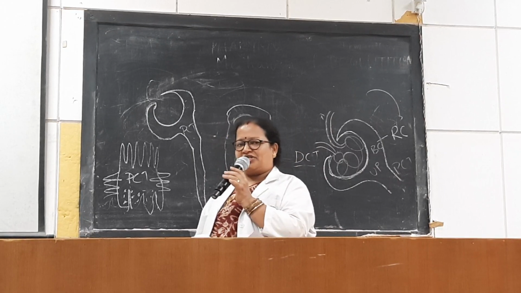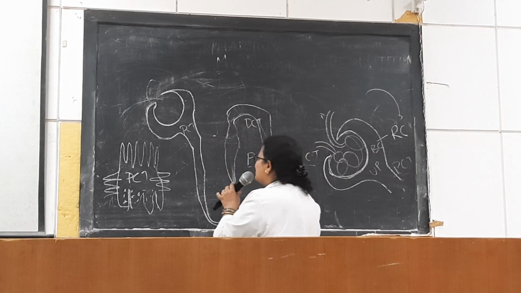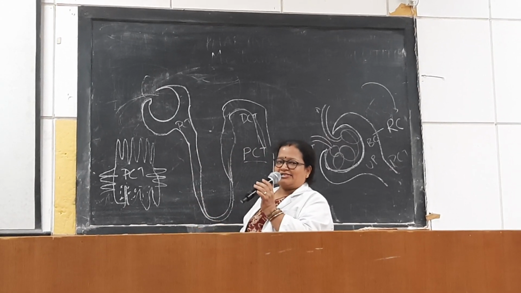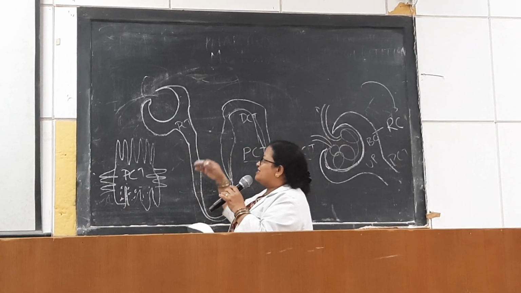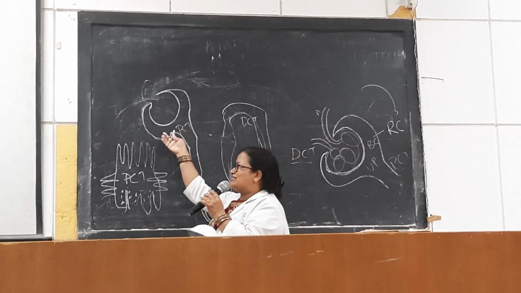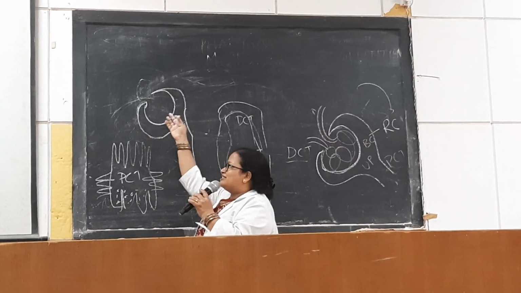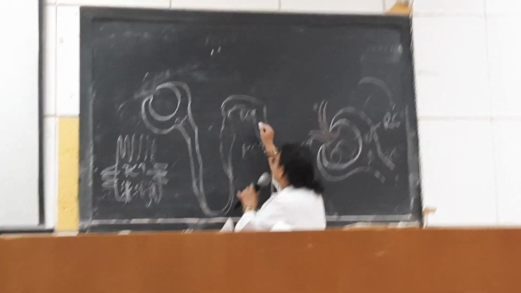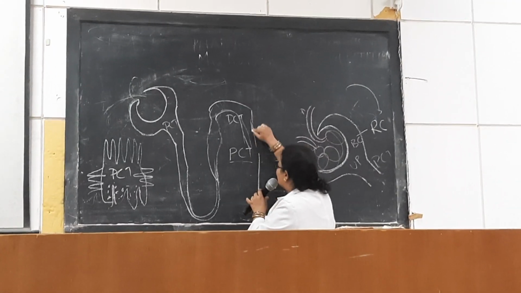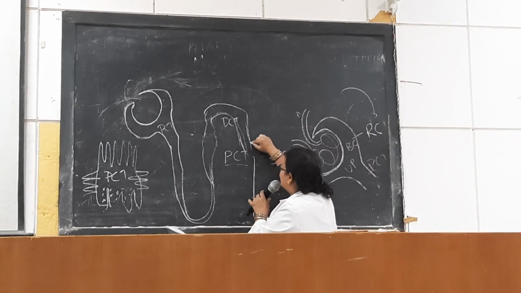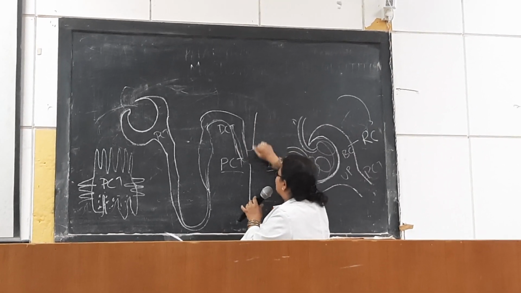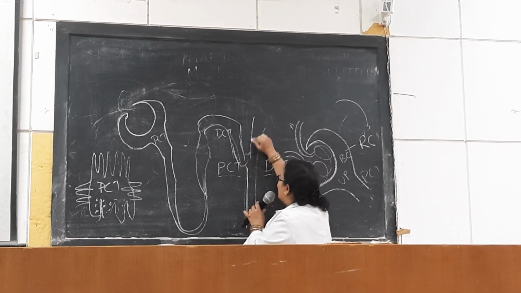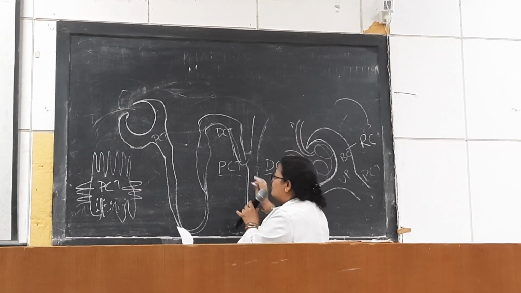Erythropoietin is released from the cells of the peritubular capillaries, and renin is secreted from the JG cells, the juxtaglomerular cells, and macula densa cells of the JG apparatus. We will come to discuss that. So the distal convoluted tubule will join with the collecting tubules and finally into the duct of Bellini.